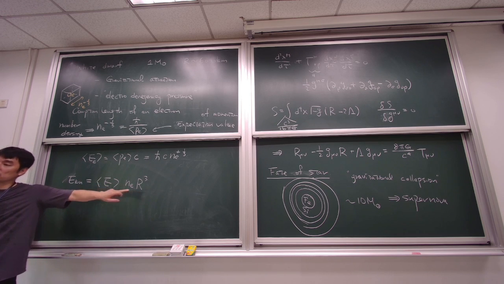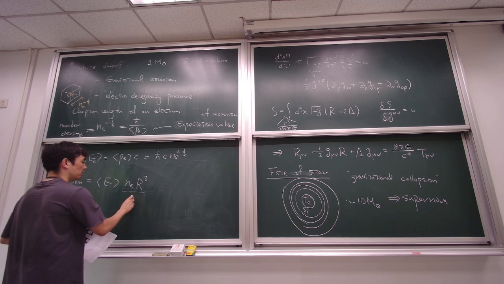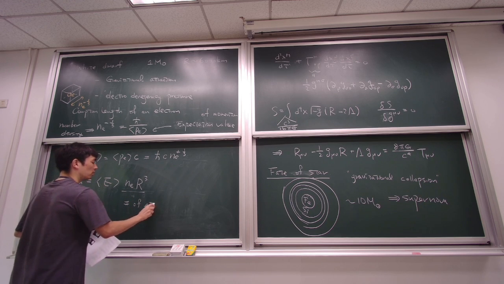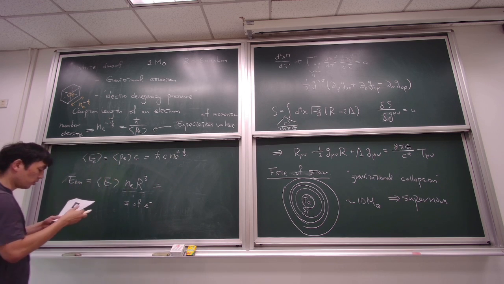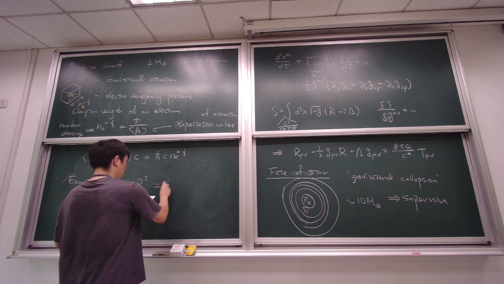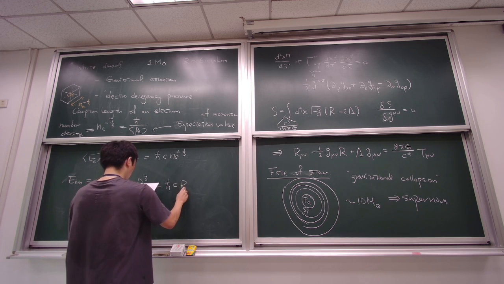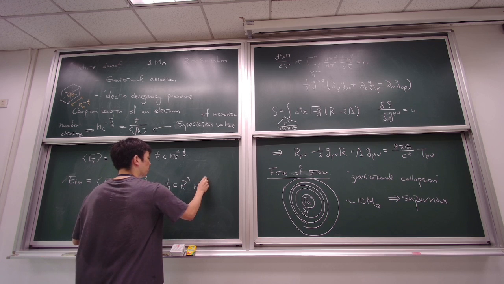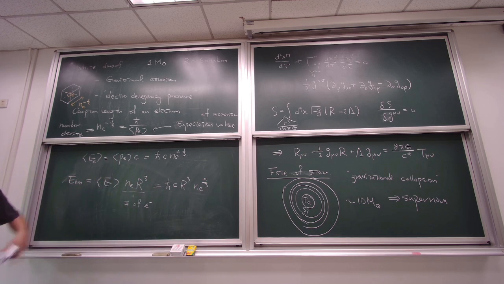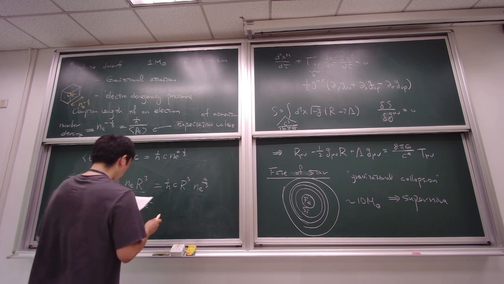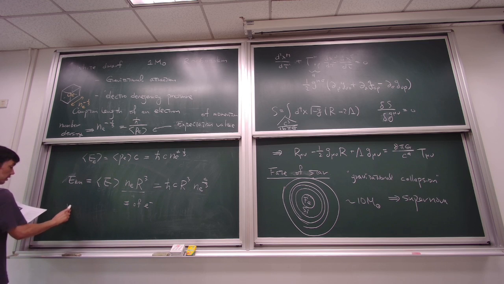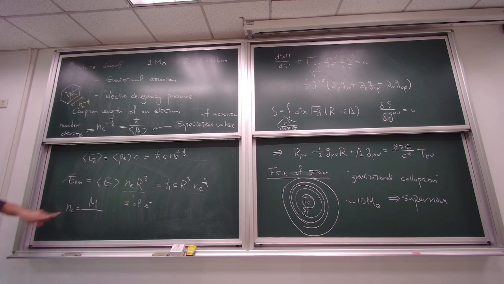So if you plug this into here, what you get is h-bar c R cubed n_e^(1/3). You just plug this one into here, and then you get this. And you can use the following fact: the number density is the total mass of the